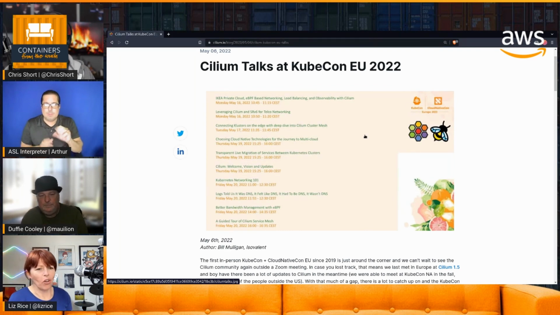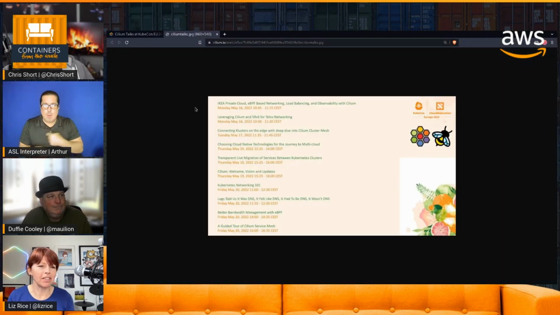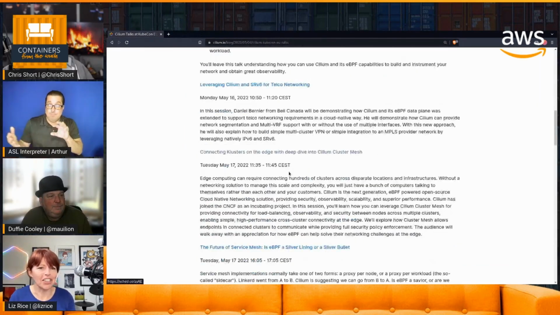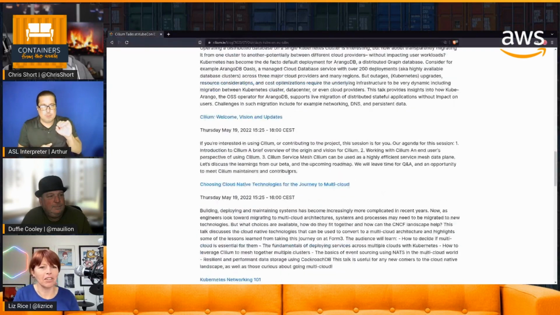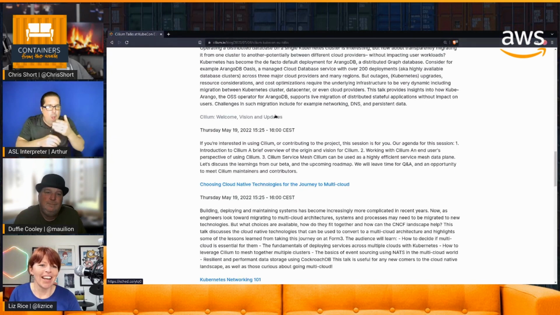And on that note, it's also worth mentioning the talk in the middle of that list there, the Cilium Welcome Vision and Updates. This is going to be the first time we get to, as the Cilium project, now that it's part of the CNCF, run a maintainers session at Kubecon in person. So it's going to be a really great opportunity for people who are interested in the project to come and meet other maintainers, hear more about what we're planning on working on for the next few months, and for folks who do want to get involved with the development side. We would love to meet you, and not just development, any kind of contributions.